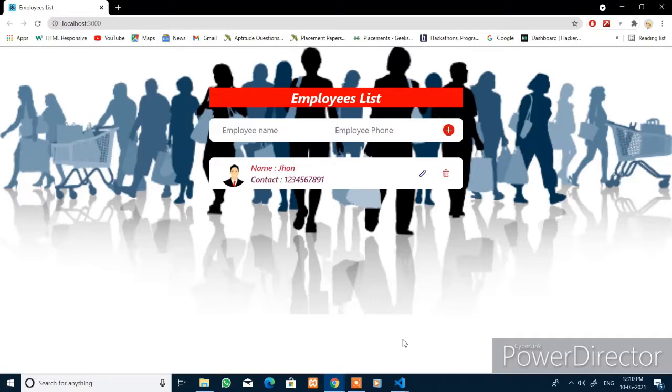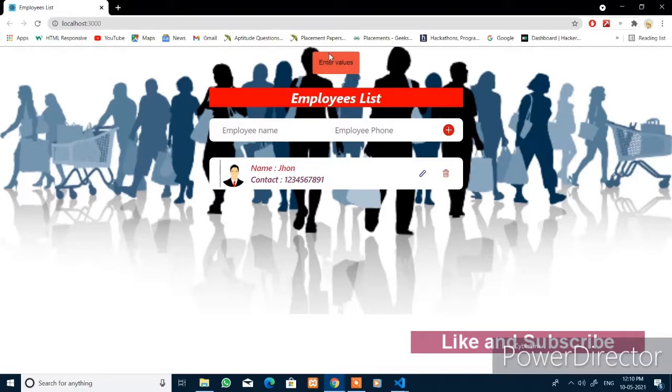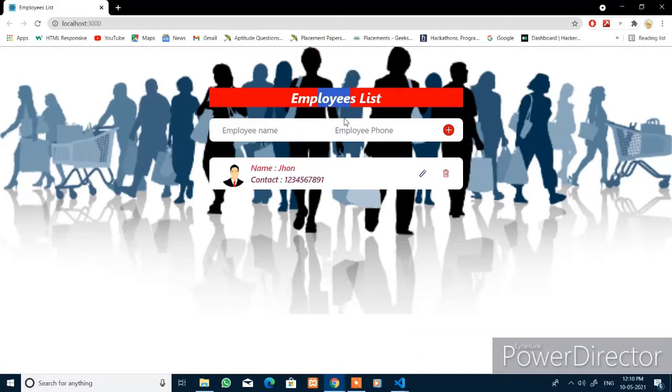While making the POST request, it validates the input fields. When you try to submit without entering any values in the input fields, I will click on the plus icon. You will see a message pop up, enter the values. So it will validate. Now add the employee name, say Maxi, and his phone number,